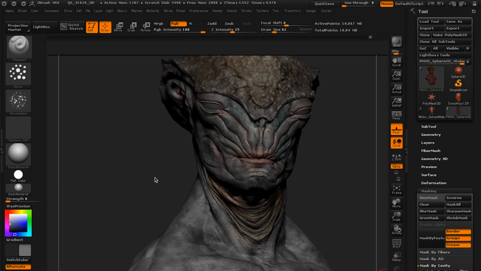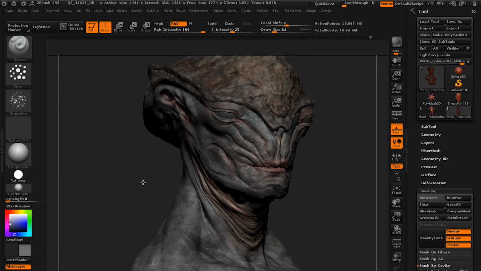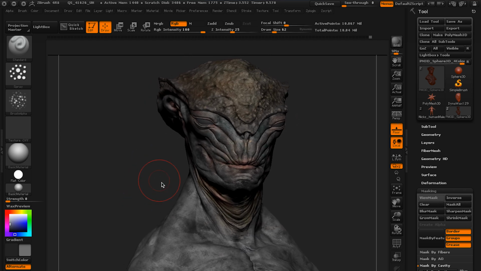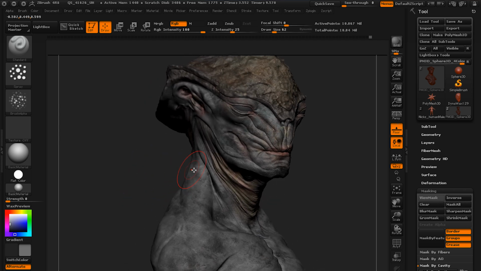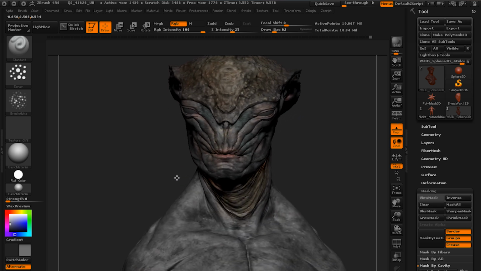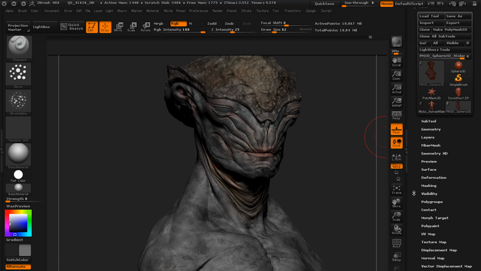Okay, here we are in ZBrush again. As you can see, I went ahead and did some polypainting on this guy. It's nothing fancy, just a couple of colors, spots here and there, just designating areas, differentiating between them. Now the idea behind what we're going to do is we want to transfer this to Keyshot,